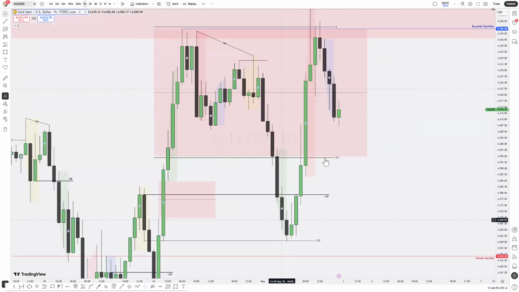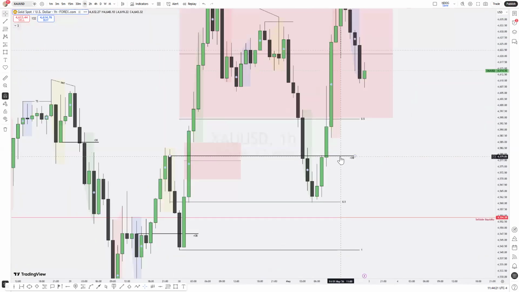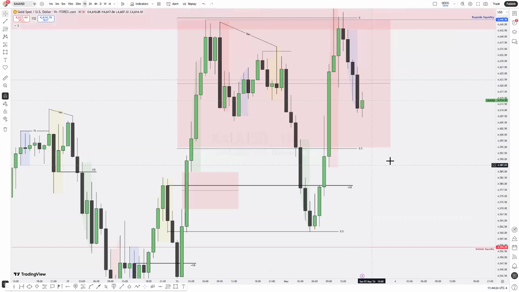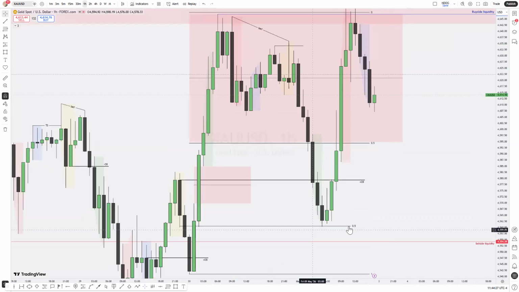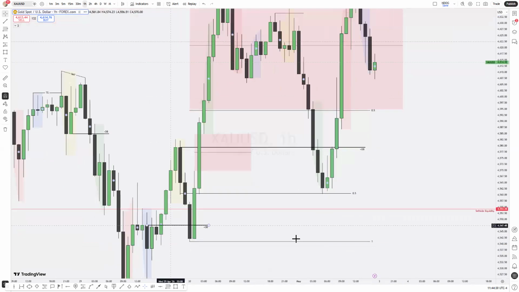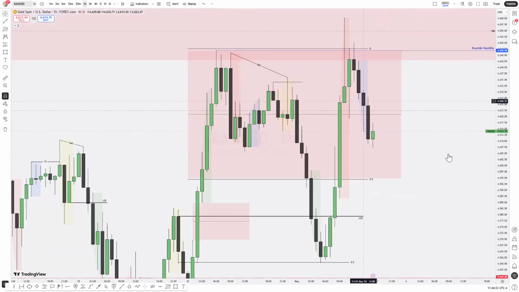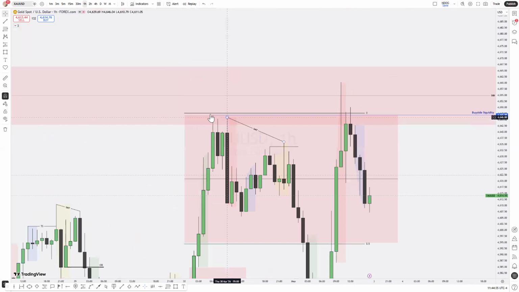We tested there and rejected and created a low of the, I think, low of the day, or should I say of that section? Yeah, low of the day at the mean threshold of this hourly order block. Now we had the rejections there, shooting price, sending price back towards this low resistance liquidity one at the upside,